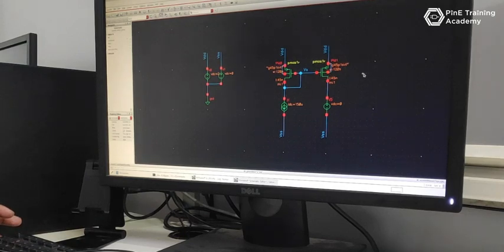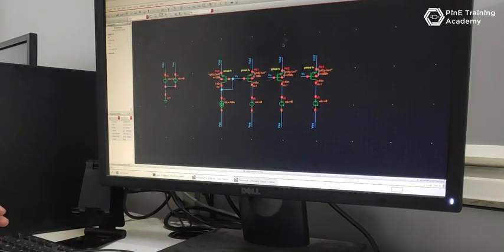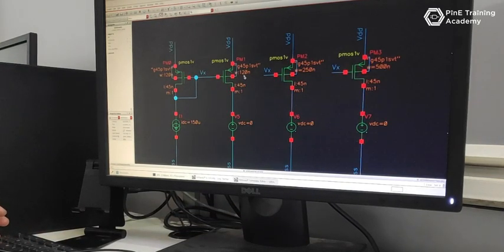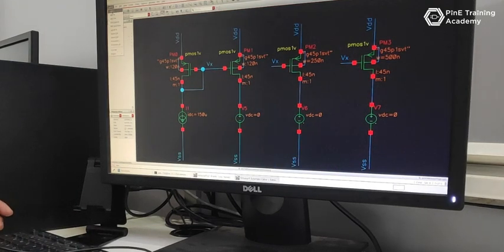In this scenario, we are checking the functionality for three different W/L ratios in all three stages. As we can see, the second stage has the same W/L ratio as the first stage, the third one has a W/L ratio double that of the first stage, and the fourth one has a W/L ratio 4 times that of the first stage. Let me give a DC current sweep in the reference current source with a range of 10 microamperes to 250 microamperes and look at the I drive of all three stages.